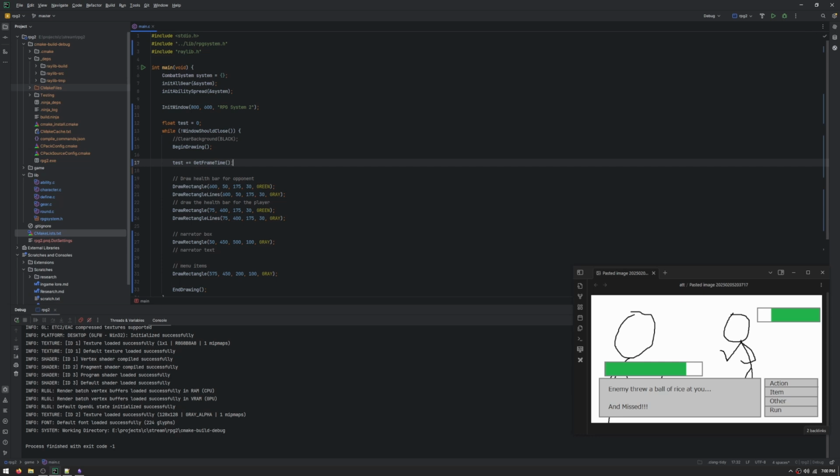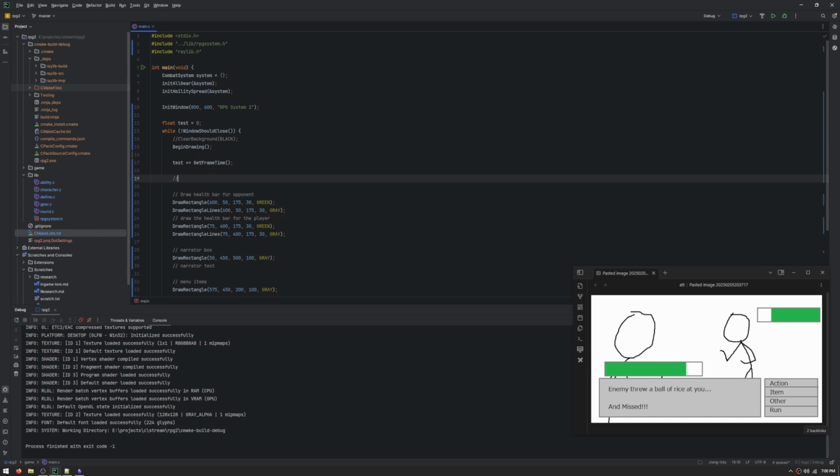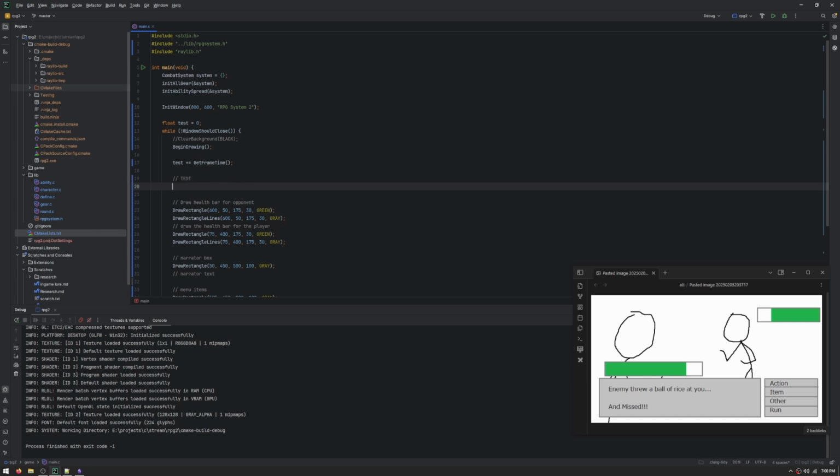So in 1 second it'll move the whole thing over. So then I'll draw rectangle, 0, 0, 25, 25, white, like that. But instead of this, we're going to draw it at test. And I know that's a float, but